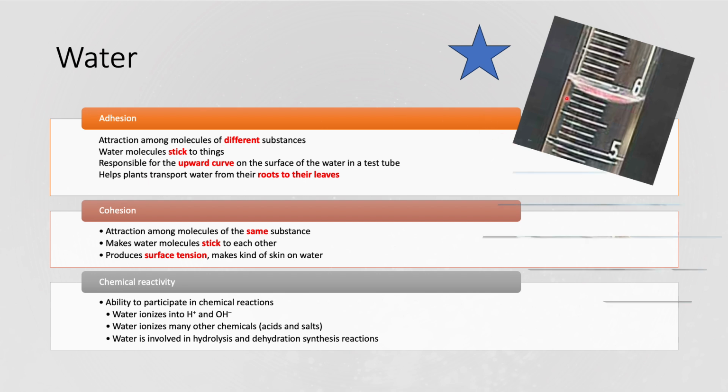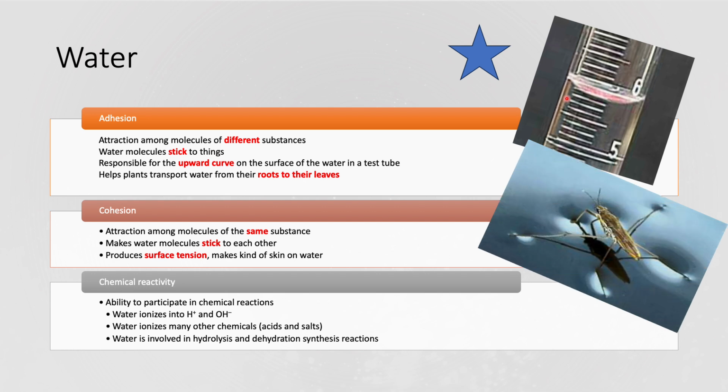We then have cohesion. Cohesion is attraction among molecules of the same substance. It makes water molecules stick to each other. This produces a surface tension, which makes kind of a skin on water. So with this cohesion, I'd like to give the example of